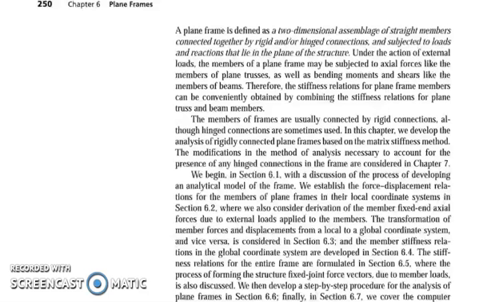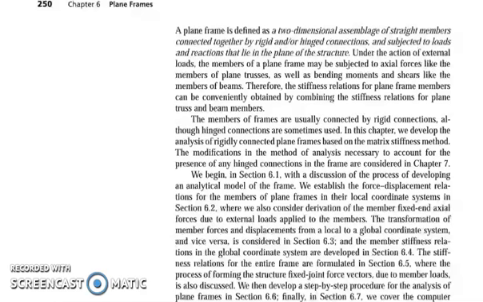So of course, a structure that is subjected to an external load. Under this action, the members of the plane frame may be subjected to axial forces like the members of the plane truss, as well as a bending moment and shears like the members of the beam. So we have to take note that members of frames are usually connected by rigid connections, although hinge connections are sometimes used. So we have to develop the analysis of rigidly connected plane frames based on